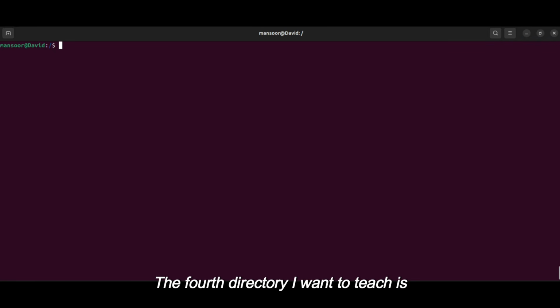The fourth command I want to teach is mkdir, which stands for make directory. This is just the short form of make directory. It is used to create a new directory or a new folder inside our terminal. For example, here in my root directory, I want to create a new folder and I want to name it ABC. So how to do that is, initially we have to use the sudo command, because sudo in